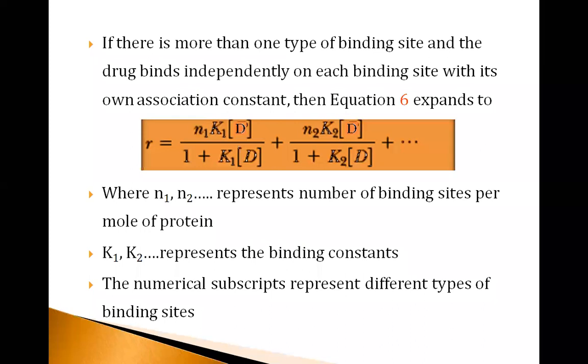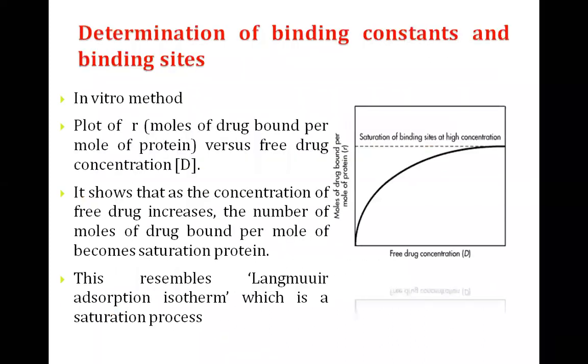But that doesn't happen. So let's understand how we can do this practically. Now I'm going to give you a brief idea about how practically we can start doing the experiment. Fine. So the test tube method, you start imagining. Okay. So we know the test tube method now: a known concentration of the protein in the test tube, to which you are adding different concentrations of the drug. After some time, we have to give some time for the drug and protein interaction.